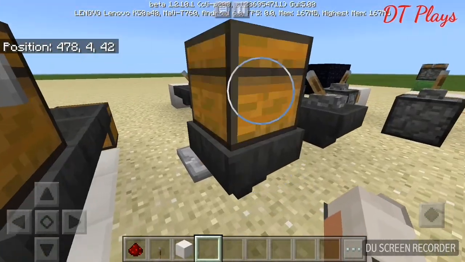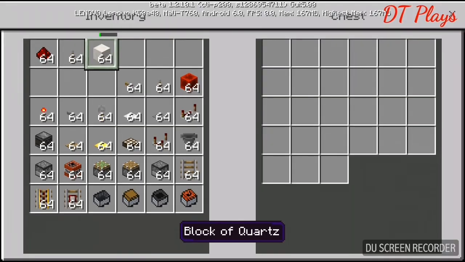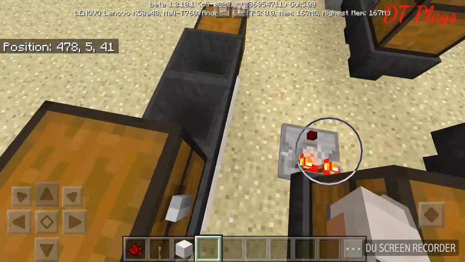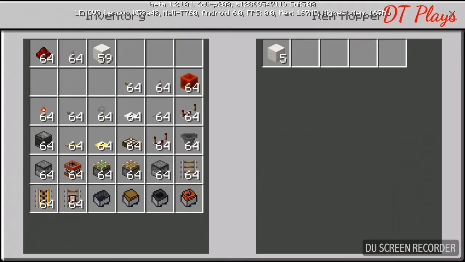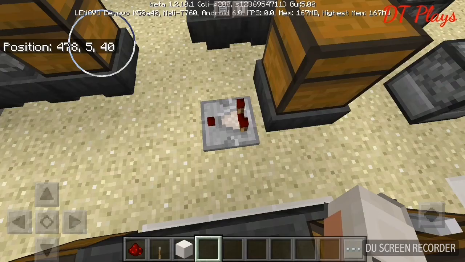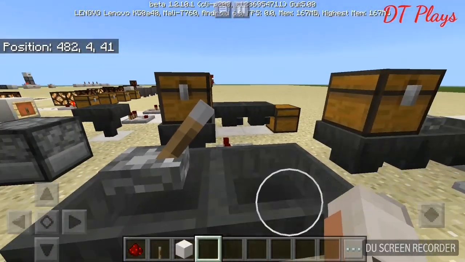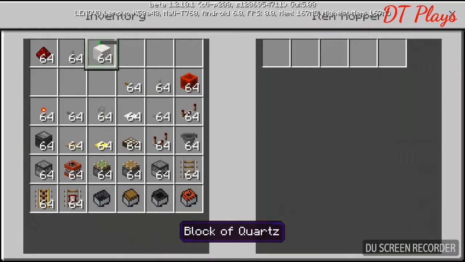Now the hoppers can also give redstone output. So as you may see, currently the output was off, but as the item flows through the hopper, they give a redstone output. Now this function can be used in a very basic redstone block. So if we place an item here,